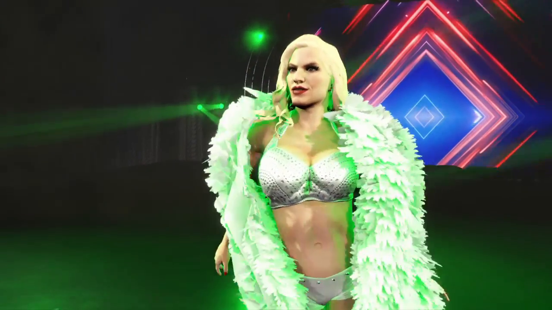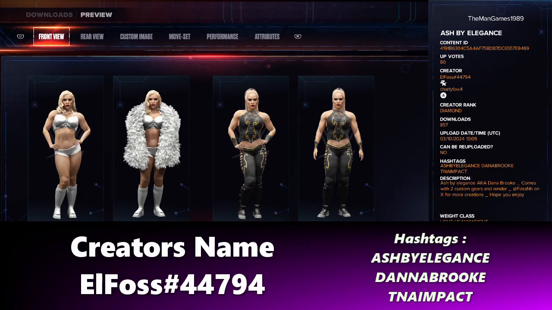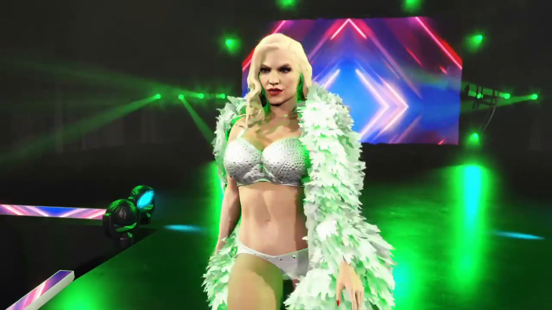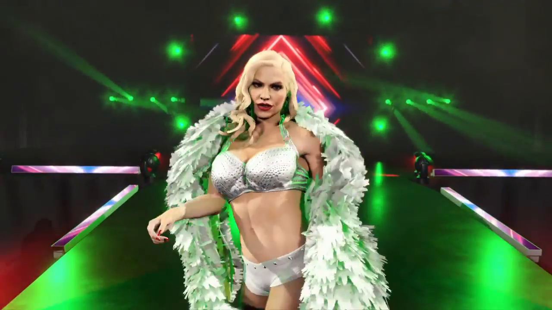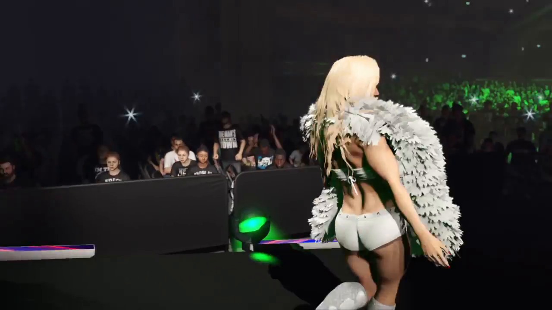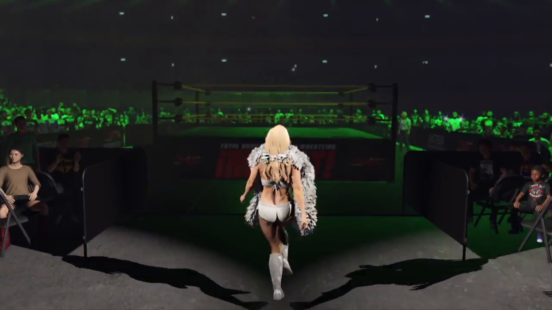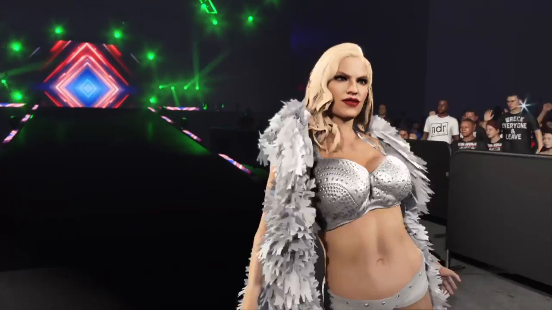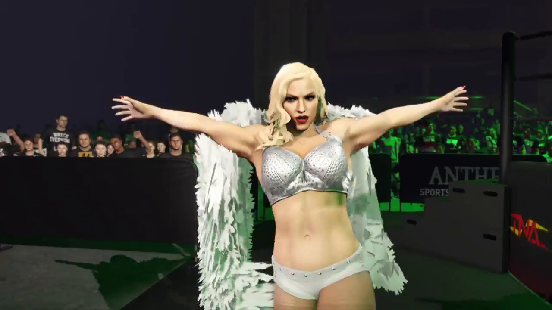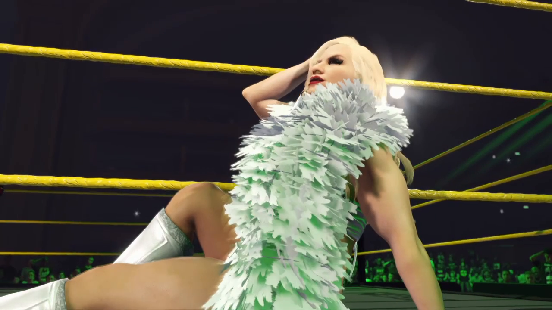So it is a great creation here of Ash by Elegance, especially the one on the left here. That is more of a new look. The other one is more of a Dana Brooke look in my opinion. But it's nice to see Ash by Elegance doing something different than she was doing in WWE, trying to reinvent her character a bit. I really do like to see that. A few people said she was copying Toni Storm. I don't think she is at all. I think she's doing her own thing. A slight similarity to it, but yeah, I think she's definitely doing her own thing. And good luck to her in TNA.